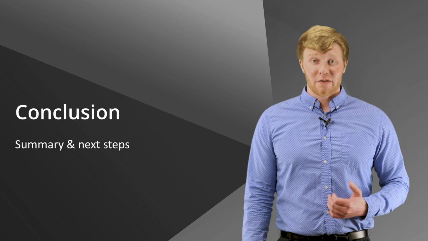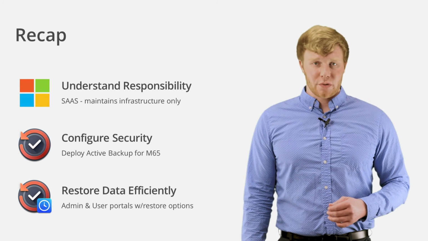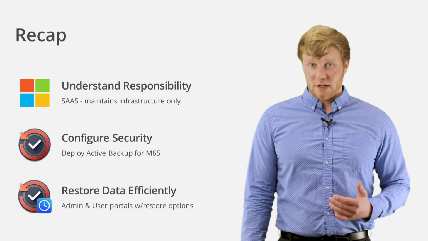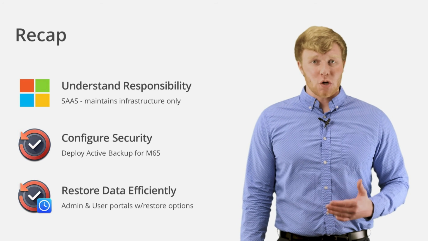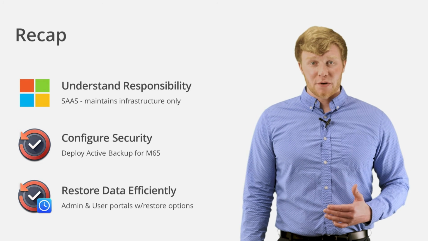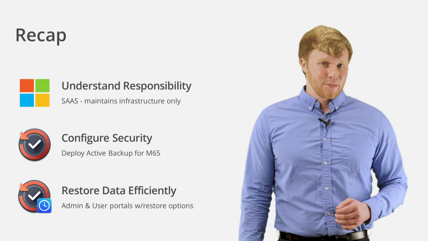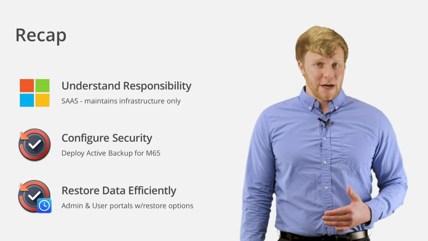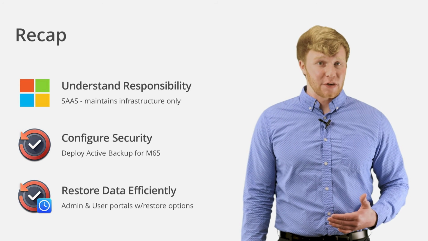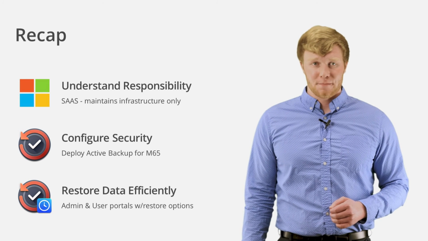Let's take a moment to recap everything that we've learned here in this presentation. We started off by reviewing why it's critical for your organization to have a backup plan in place to protect against data loss in the cloud. A SaaS provider is only responsible for maintaining uptime of the infrastructure, but they are not liable to keep your data safe from accidental deletion, malicious attacks, or file overwrite. Having a store of your cloud data on-prem is also important because it protects you in the rare event that your cloud provider experiences an outage, which could mean losing access to your data for several hours at a time.